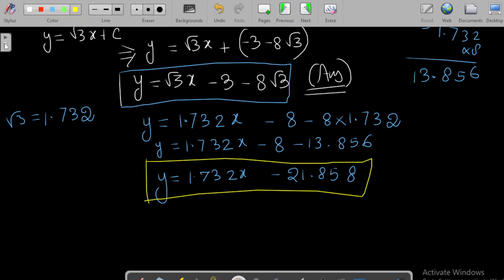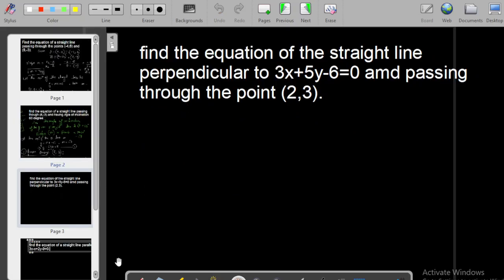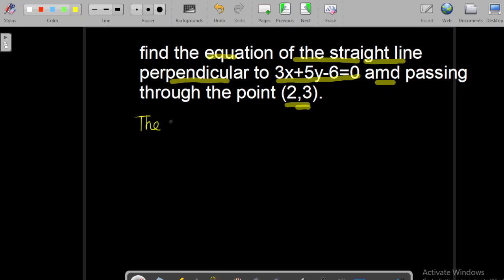Now let us move on to another question. Question number 3: find the equation of the straight line perpendicular to 3x plus 5y minus 6 equals 0 and passing through the point 2 comma 3. So the given straight line is